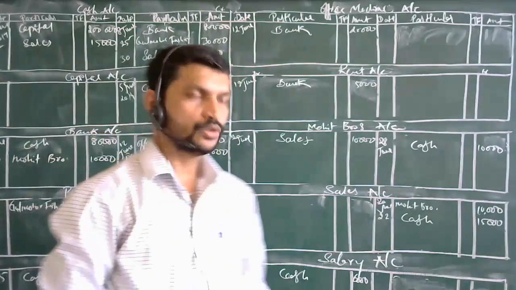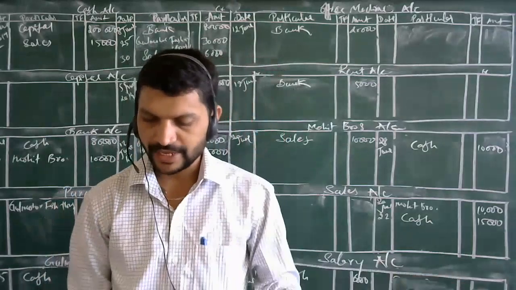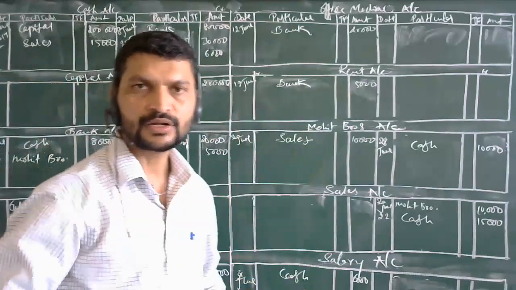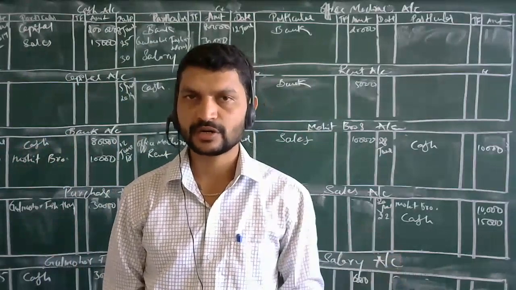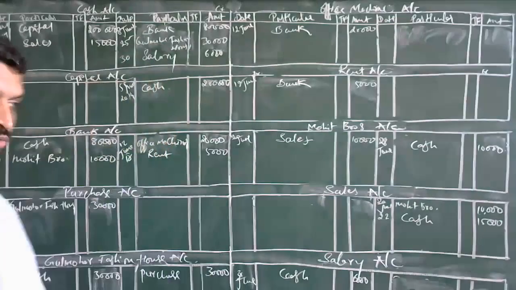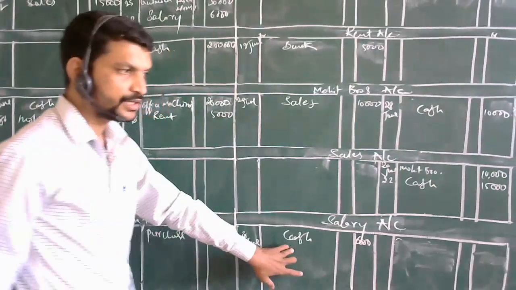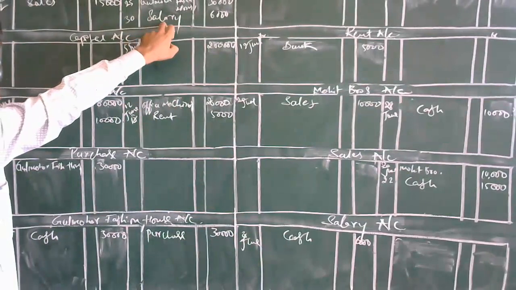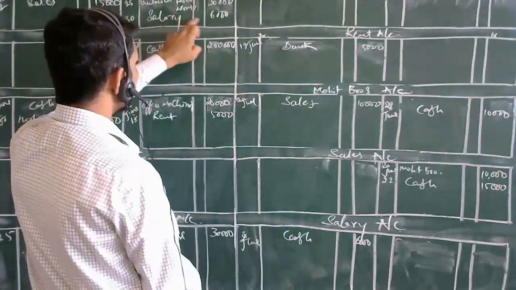That's it. I have the last two to three minutes. I may get disconnected. If any doubts are there, please ask. The final last journal entry: salary account debit to cash account. Salary account is debited over here, I think you can't see that. And here it is credited, in the cash account it is credited. Why? Because you have paid in cash. Salary account debit to cash account, 6,000 rupees.